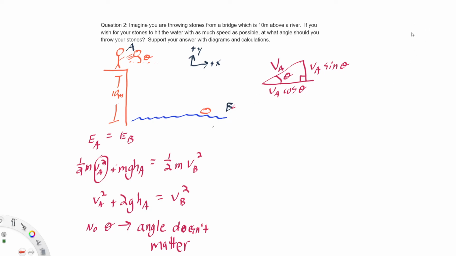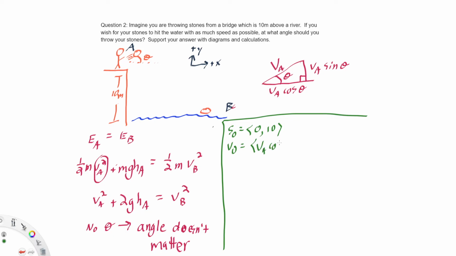If we used kinematics, then instead we can say, well, our initial position is 0 in the x direction, 10 in the y. Our initial velocity is VA cos theta, VA sine theta. Our acceleration is just gravity. Time we don't know. Final position we don't know. But using kinematic 2,